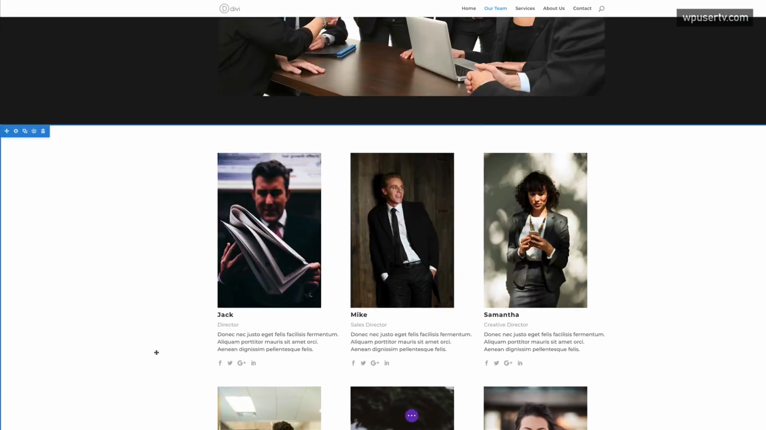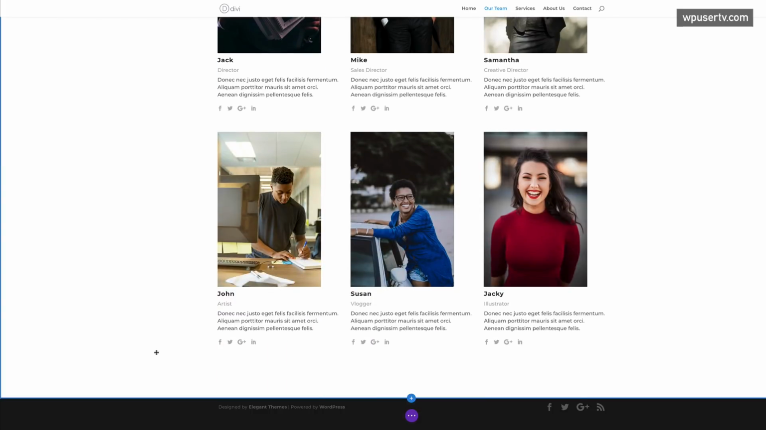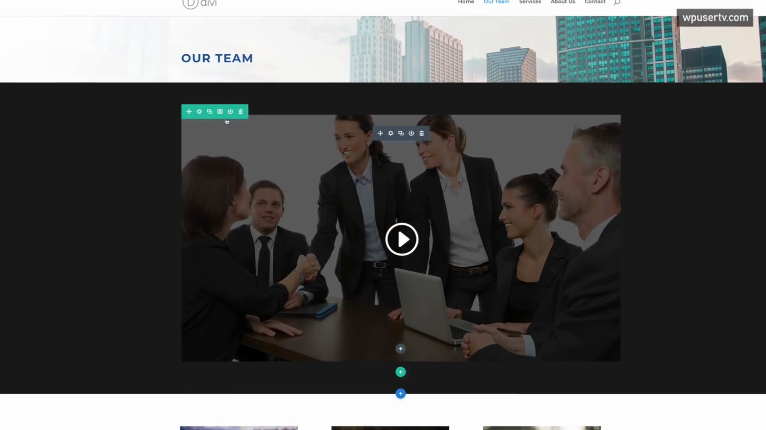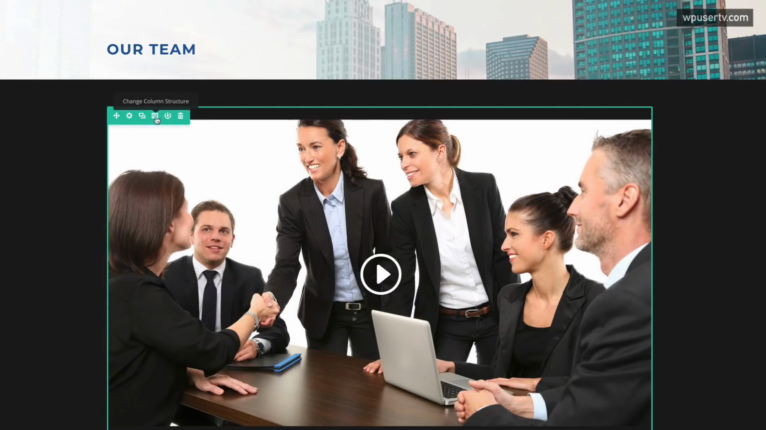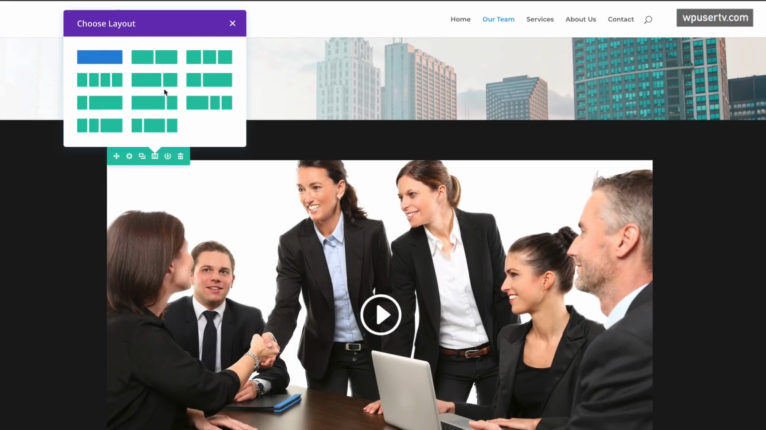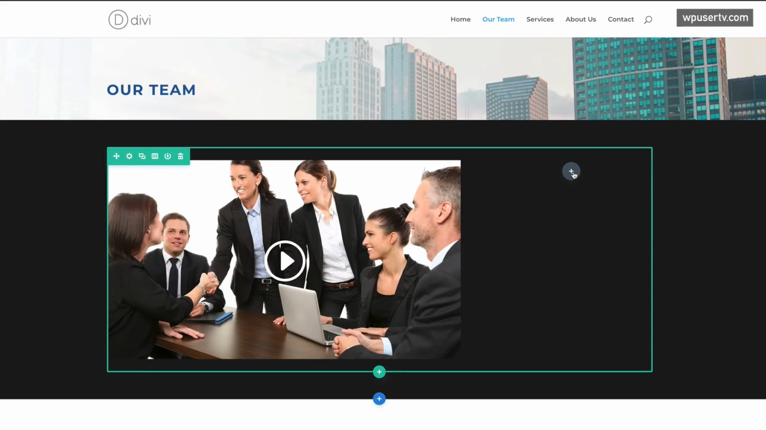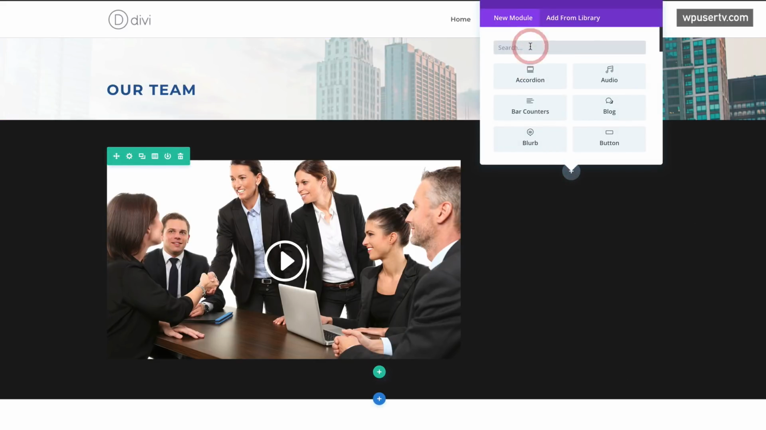We also have all our team members. Now I can see here that there's too much imagery going on. So let's break this and add some text over here as well. So I'm going to change the column structure and add 2/3, 1/3. And then over here, we're going to add a text module